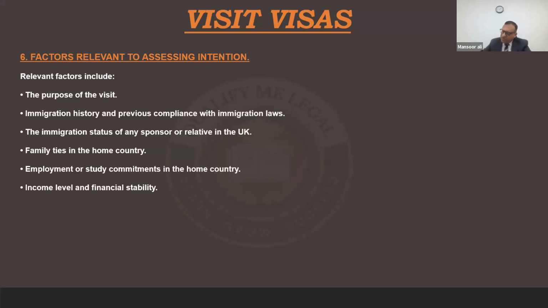If you are a businessman, you need to provide a detailed bank statement for the last 1 year plus proof of your self-employment. If you are self-employed, or working as a company, then you need to provide details about your company, that I'm the only shareholder or I have certain shares in my company, and this is the bank statement of my company. If you are a salaried person, then you need to provide about 3 to 6 months of salary slips, and your last year tax return if you are self-employed.